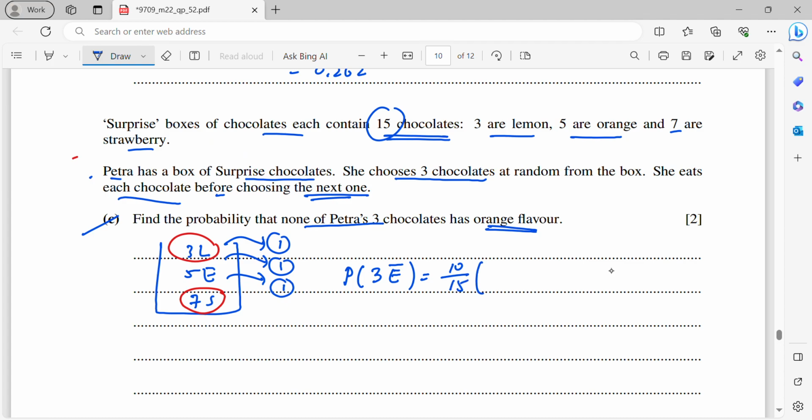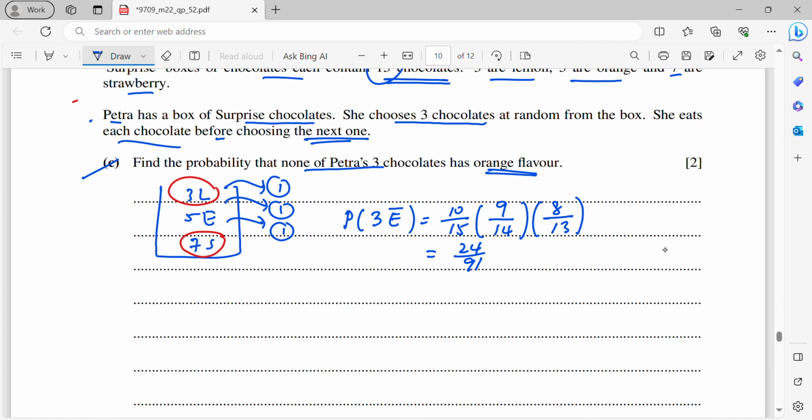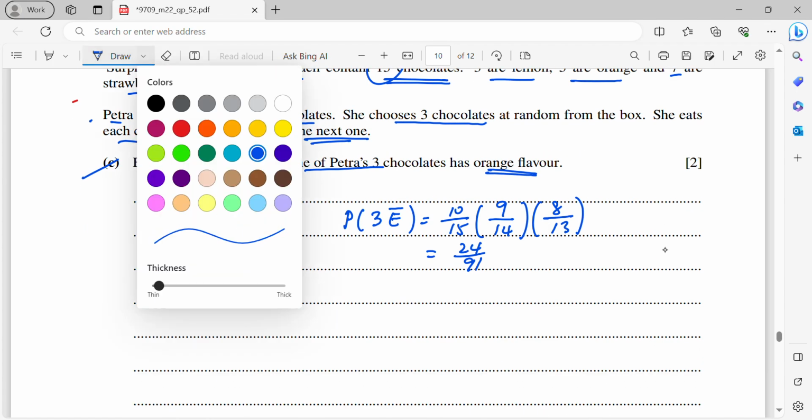But after you have chosen one, total left 14. The non-E chocolate left 9, right? Non-orange flavor chocolate left 9, and then the next one is going to be 13, and then the non-orange flavor chocolate is going to be 8. So then here is 24 over 91. You may use this concept to solve this problem, or probably,